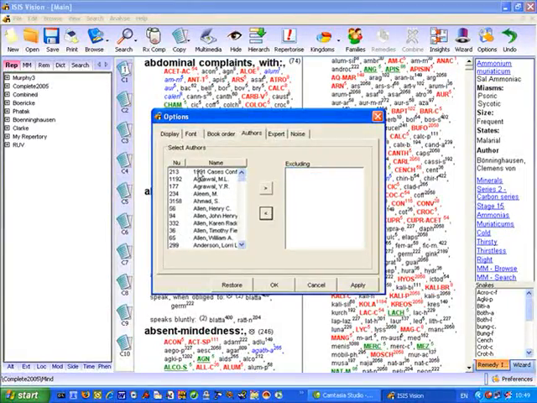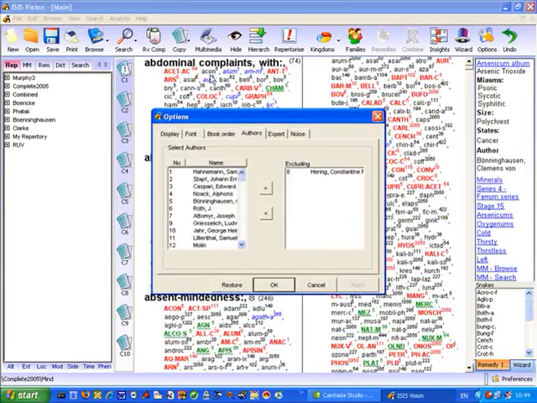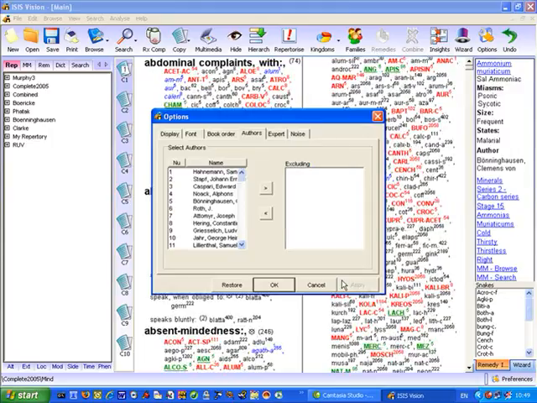Let me give you a better example. We can see here that author number 8 has added lots of entries into mind complaints with abdominal complaints, which is Constantine Hering. I'll just show you the effect of excluding Hering, and we'll click apply, and all of his suggestions for additions to the repertory will no longer appear when you view the repertory. Now, of course, this only works with books that show author numbers, so books like Murphy, Phatak, Boericke, where there are no author numbers, this will have no effect on. But I'd very quickly better restore Hering to our list of repertory authors,